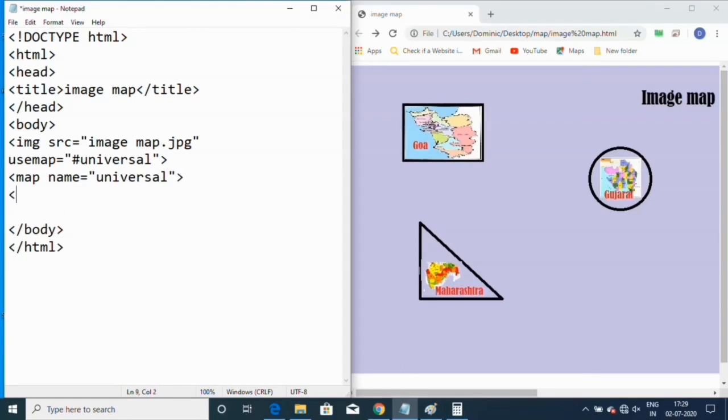Then use the area tag, area, then shape attribute equal double inverted quote, which area you are going to mark as clickable. So first we are going to take the rectangle, so we can use rect, then double inverted quote complete, then the coords, you have to take the coordinates of this rectangle, so coords